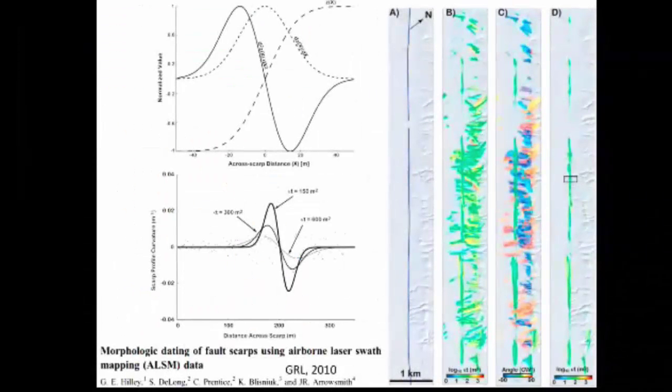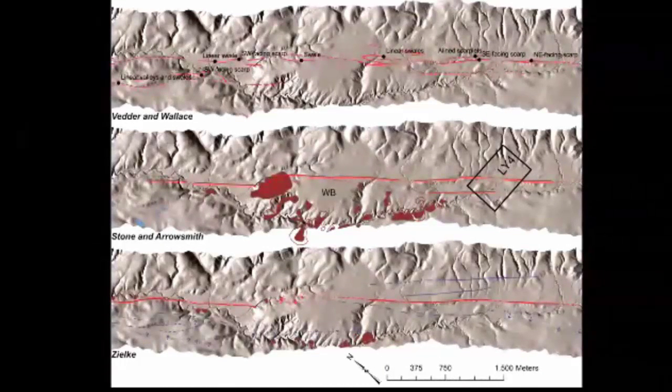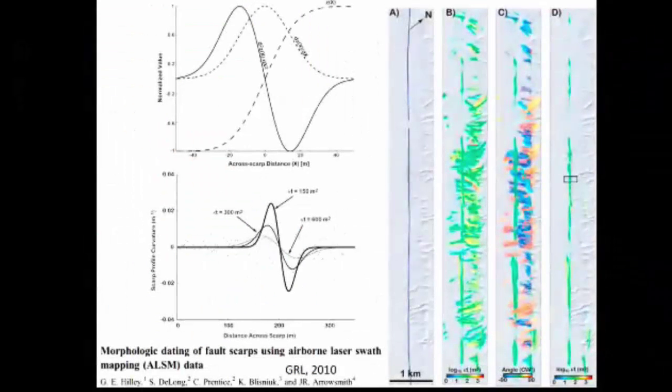And then I've been talking about some of these metrics lately, especially with Andrew, because what we realize is there's so much data out there, and you can't really always just map on hillshades. You want to compute topographic metrics. So you can do simple ones like these, where you're doing local calculations on the DEM, but you can also do more complex calculations. So this is a wavelet-based approach, in this paper by Hilley et al., where basically